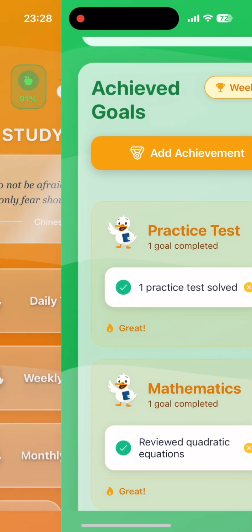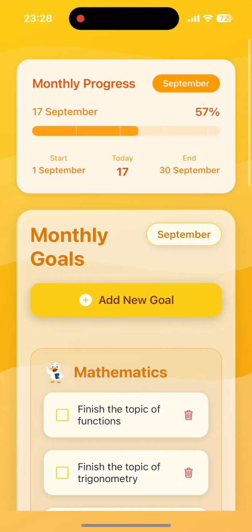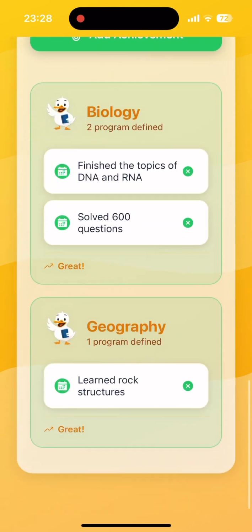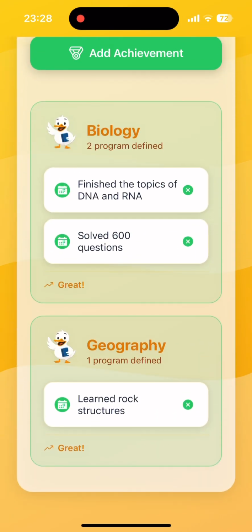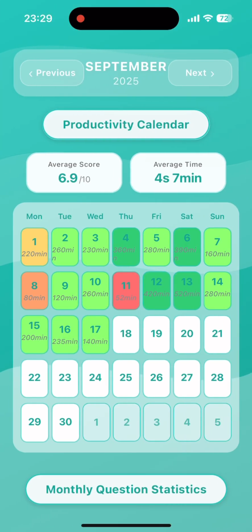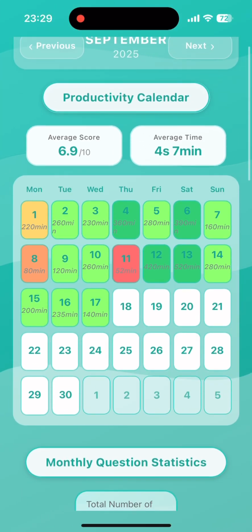On the monthly page, we see a similar structure to the weekly page. The first part shows how much of this month has already passed, then monthly goals, and finally, the goals achieved this month. On the performance tracking page, you'll find a statistics system where you can closely follow your previously entered